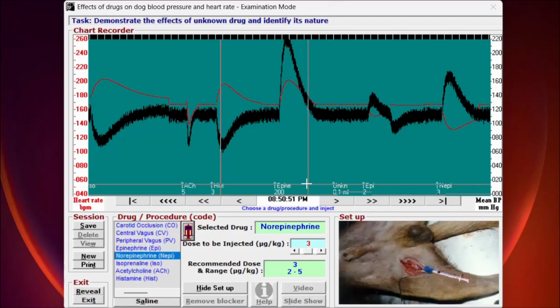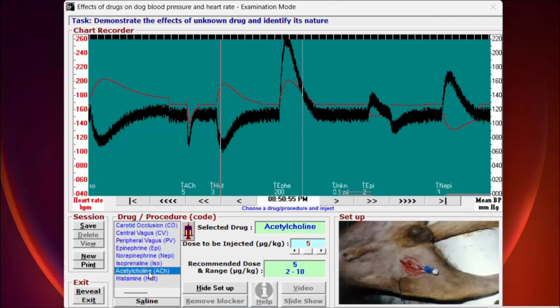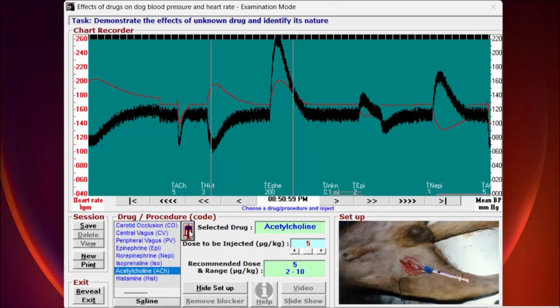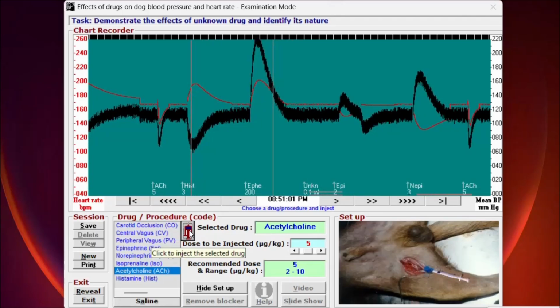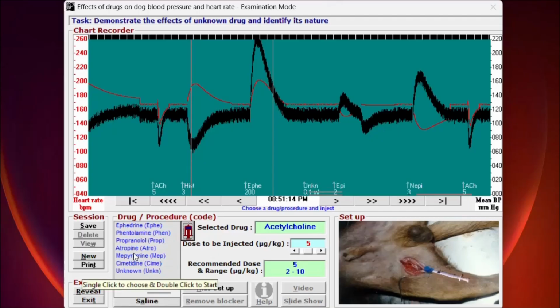Now let's go to the next group of receptors, ओके। इसके बाद हम ट्राई करेंगे कौन सा? एसिटाइलकोलिन, जो मस्कारिनिक रिसेप्टर पे काम कर रहा है। सो एसिटाइलकोलिन को हमने इंजेक्ट किया, आप देख सकते हो एसिटाइलकोलिन का भी सेम इफेक्ट आ रहा है यहाँ पे। तो इसका मतलब ये है, ये मस्कारिनिक ब्लॉकर भी नहीं है। अब हमारे पास बचता है सिर्फ एक ग्रुप, that is हिस्टामिनिक ग्रुप, राइट।